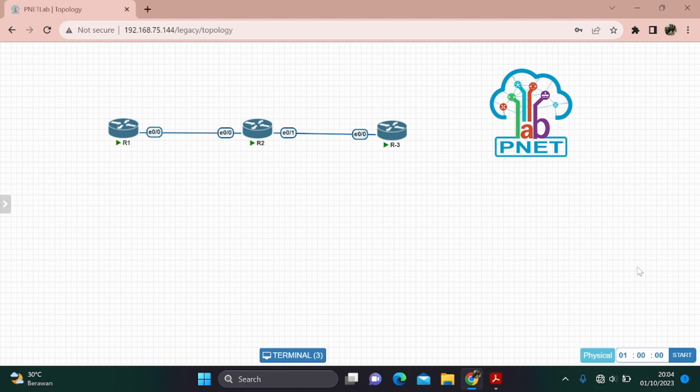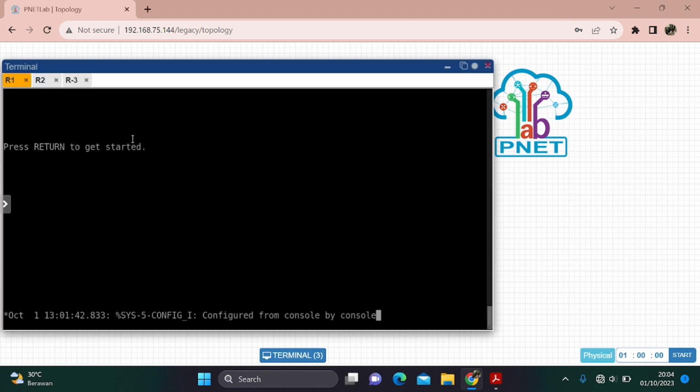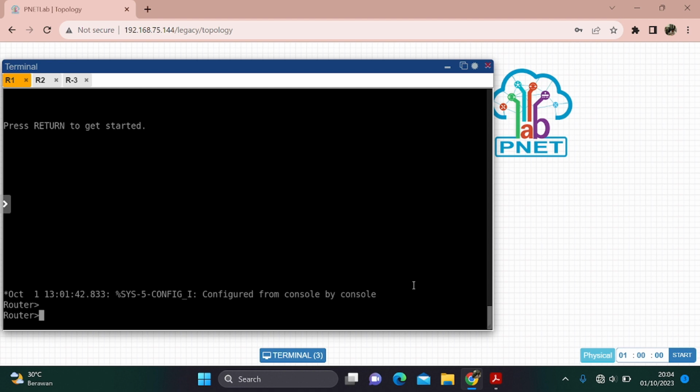Okay guys, next in the topology, let's delete the BGP and EIGRP configuration in router 1 and router 2.